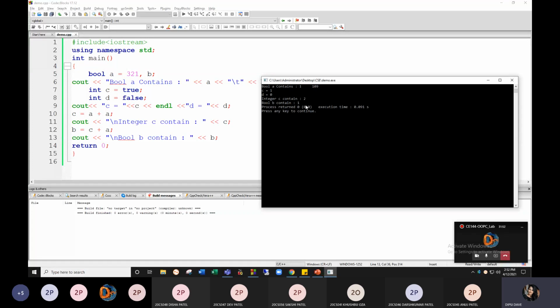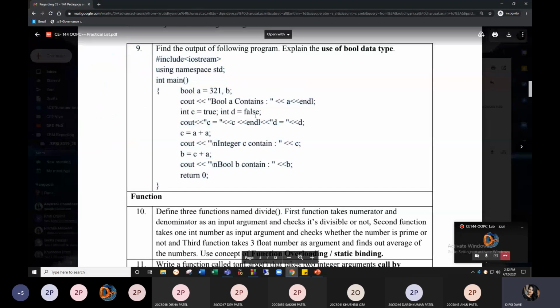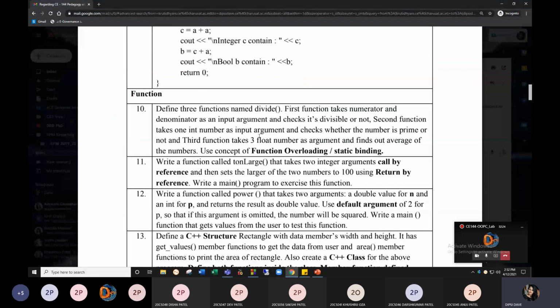Is it clear? So remember only one thing: false equals 0 and any non-zero value is 1 in boolean. Means true is 1 and any non-zero value is 1 in boolean. Okay, and you have to see which variables have been declared as boolean and which variables are normal variables. Clear? So you need to keep that also in mind. So that is nothing but your 9th practical. Okay, now let's turn to the 10th practical.